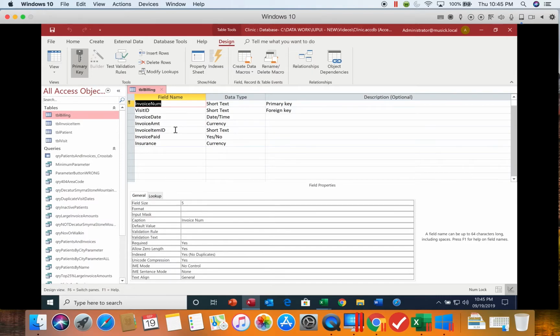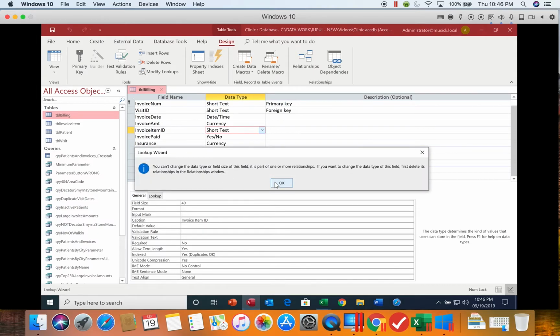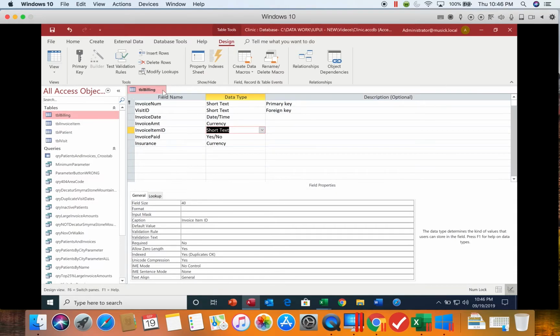And on the invoice item ID, if we try to set up a lookup wizard, you're going to get an error message that says you cannot set it up because it has a relationship already. When you set up a lookup field, it does create a relationship between the two tables that you're connecting. So you need to remove that relationship before you can start. So if you see that message